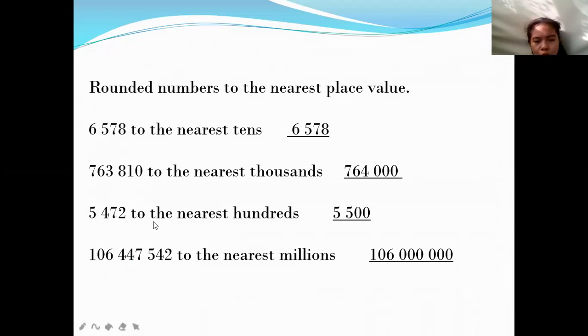Next number, we have 5,572. Round off to the nearest hundreds. What is our hundreds place? We have 5, right? Okay, so 5. What is next to 5? 7. So we are going to add 1. 5 plus 1, it's 6. Then copy the number to its left and make the number to its right 0. Next,